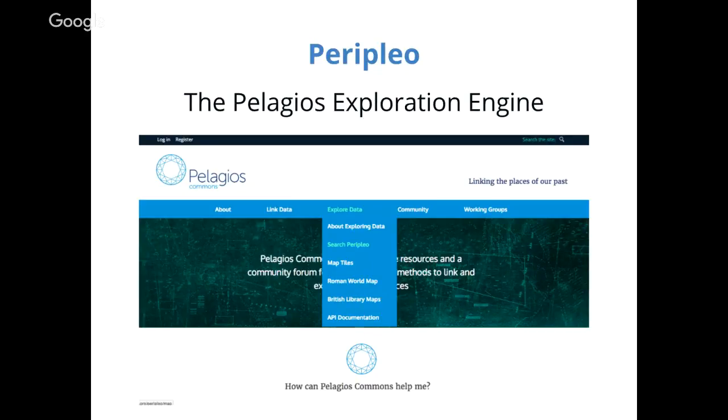You can enter looking for places, you can enter looking for documents, you can enter looking for keywords, but what is, I think, important for Peripleo is that it is not meant to be something that you just go and you look for the one thing that you need. It's not just a way to find quickly what you're interested in.